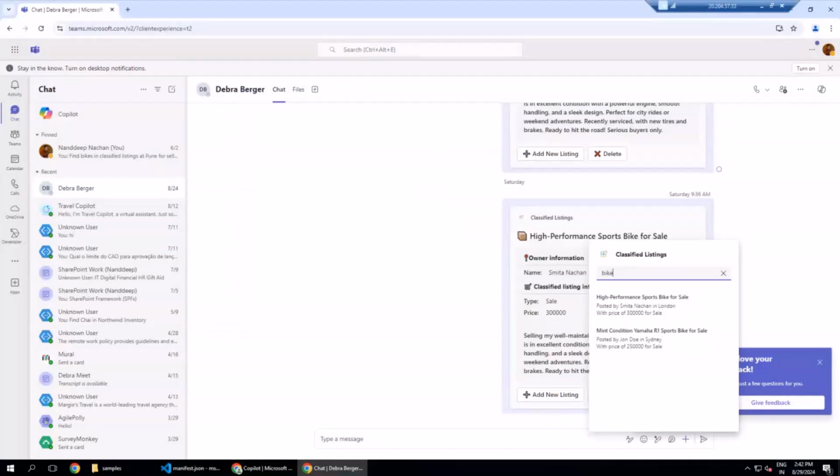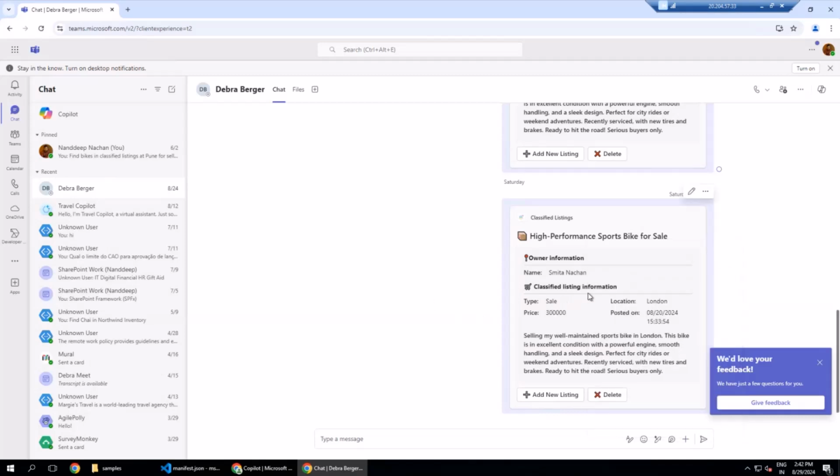So this particular sample is available as a Teams extension. Obviously, I just wanted to show you how the Teams extension looks. So this is how it will look. You will be able to go to the Teams message compose box, and from there you can search for the classified listing. You just need to search for the item that you want, and then you will see the listing. Once you click on the listing, this is how it will look,